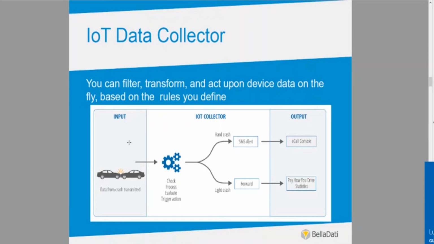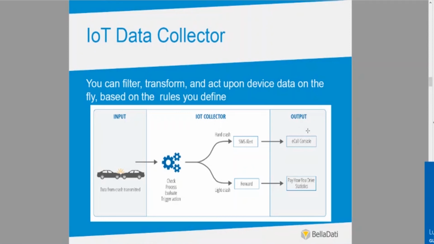So we see, for example, here we have data from the crash transmitted to the collector. This message is then evaluated, and based on the severity of the crash, we can decide whether it was a hard crash or a light crash. So we are sending numbers from 1 to 4. If it is a hard crash, it is numbered with the number 4. Light crash, 1. If it is a hard crash, we are then taking the action, which is sending the SMS alert and